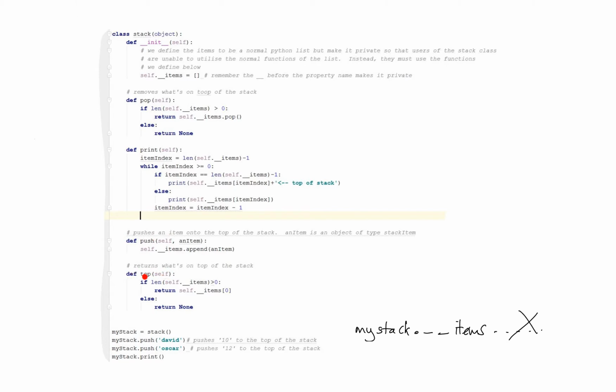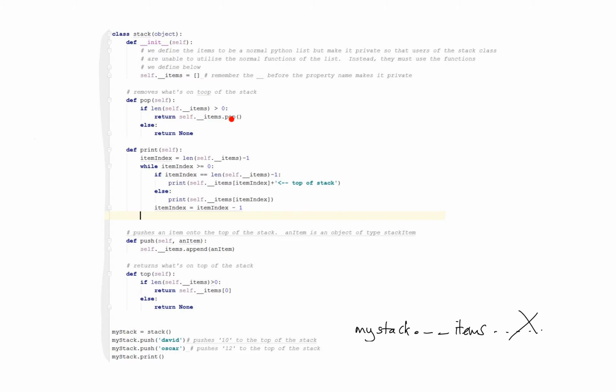I've called it top, but we could have called it peek, and also print the stack. Now, in a minute, I'll show you a run of this code. Let's just have a quick look at the pop method first. So I'm just checking that if there are actually some items on the stack,